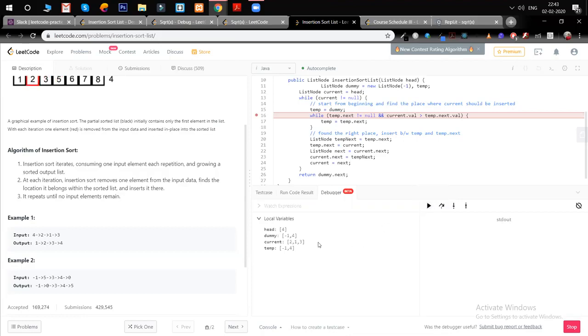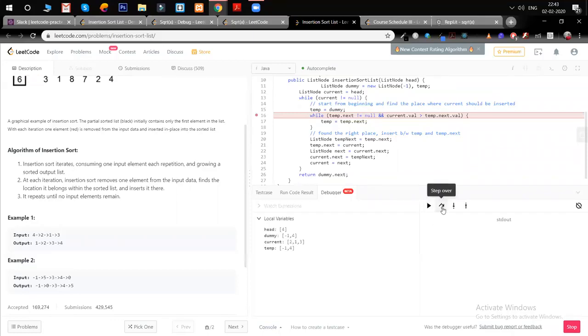Okay, so we have inserted 4 right now. So we have head at 4. Dummy has now -1, and then it is pointing to 4. And our temp is, again, since it is starting with the dummy, going from the same place. Don't click this button. Go to this, there is one right after that.